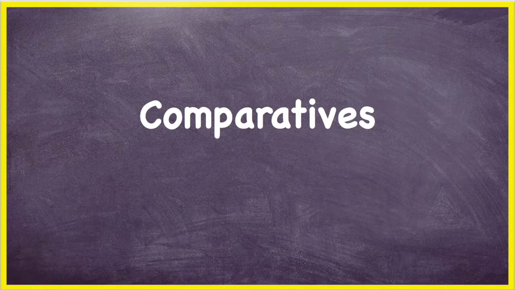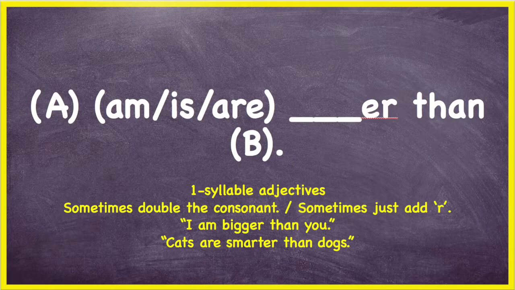Now, this is when we are comparing two things with each other. So let's look at this sentence structure. We have A and B, all right? So A and B are just the two things that we're comparing. We have A is verb than B. All right, so A and then the be verb, whether it's am, is, or are, and then the verb plus